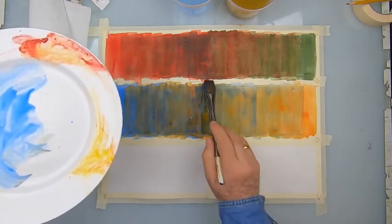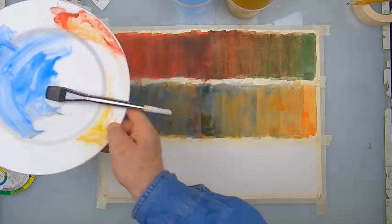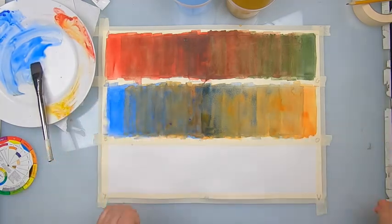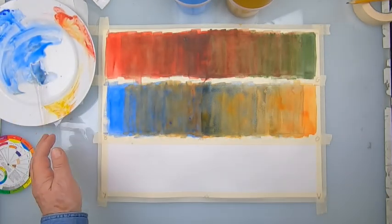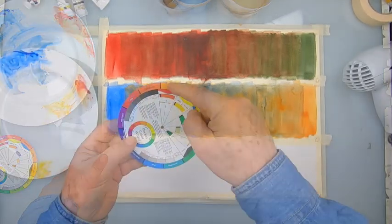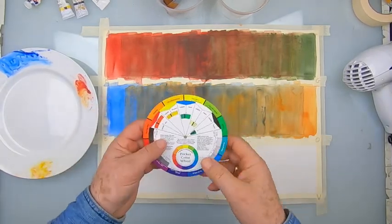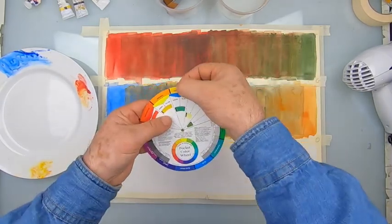Okay, so look at all these beautiful colors coming out, right? And so we're going to, again, dry that. Okay, so let's look. So we did the brown and we did the blue and the orange, right? Created all these beautiful colors, the nuances, right? And we have our green and red, right? And the next one is yellow